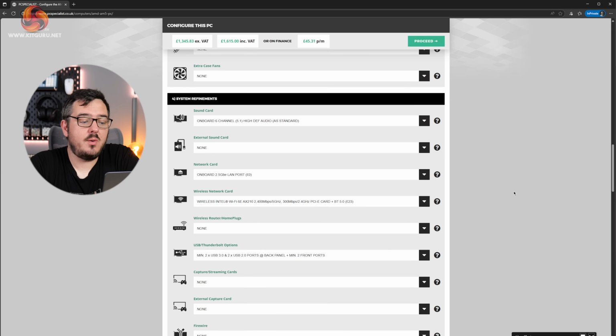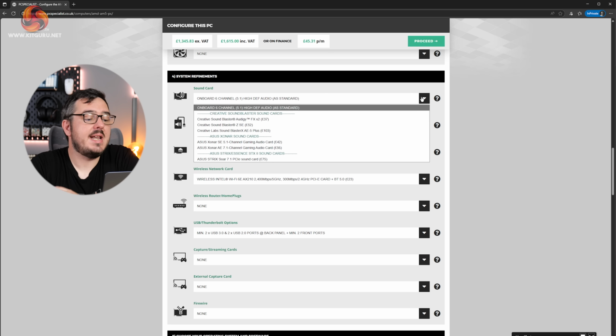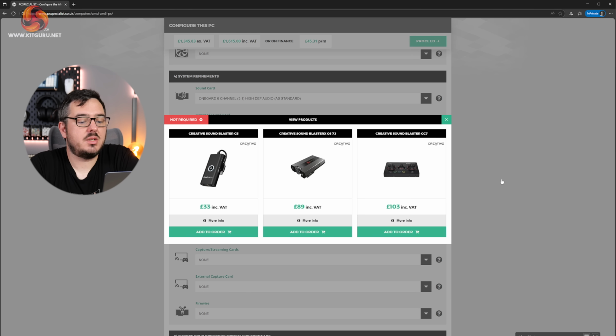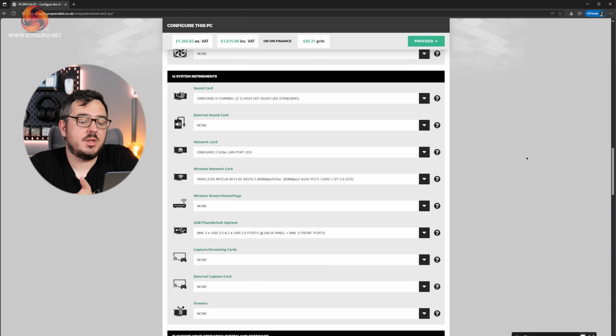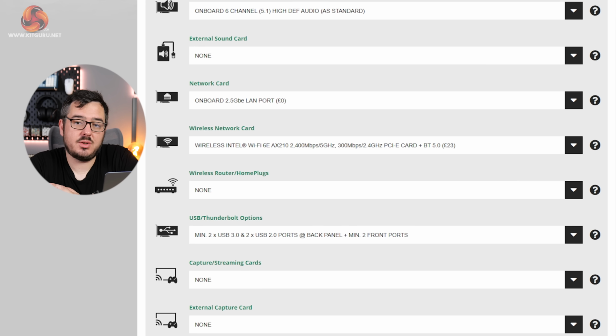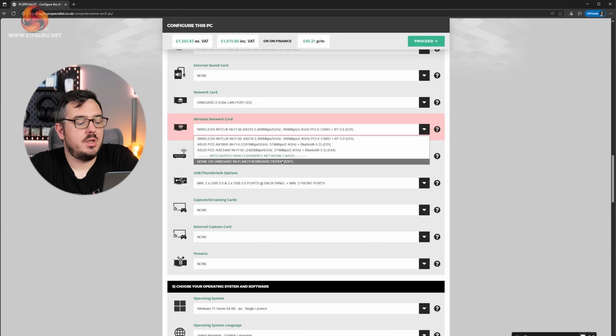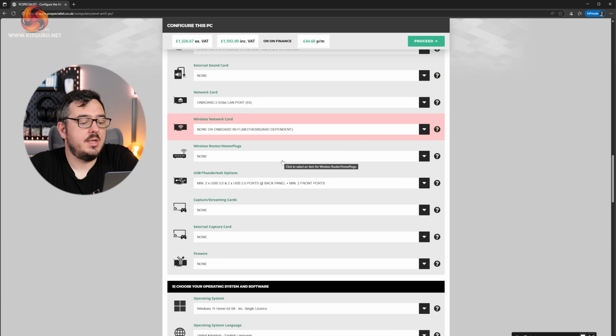Scrolling down to section 4, we've got system refinements, which is where you can choose stuff like sound cards, external sound cards, network cards, wireless cards. The motherboard we've chosen, this is costing us £23 to have this Intel wireless card installed in the system, but the motherboard we've chosen has Wi-Fi built in. So we're going to click on that, and then you can choose to go with no network card because the